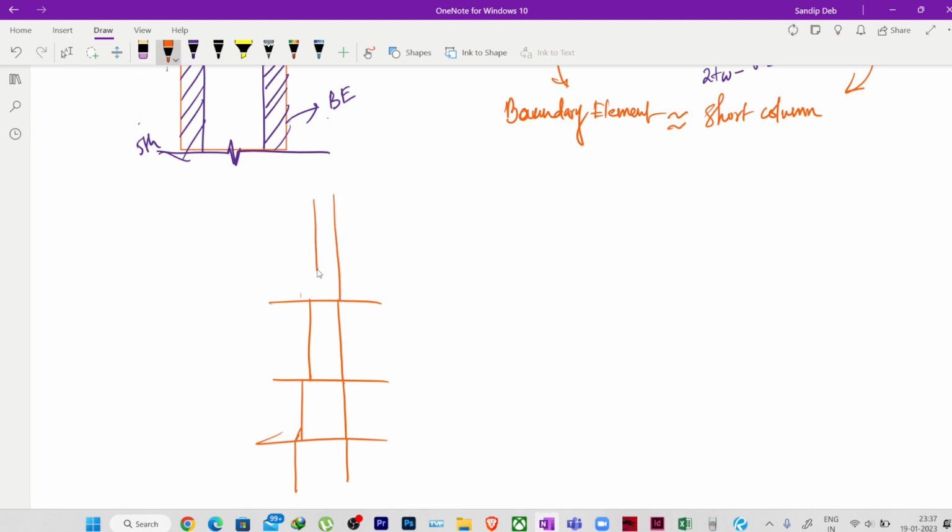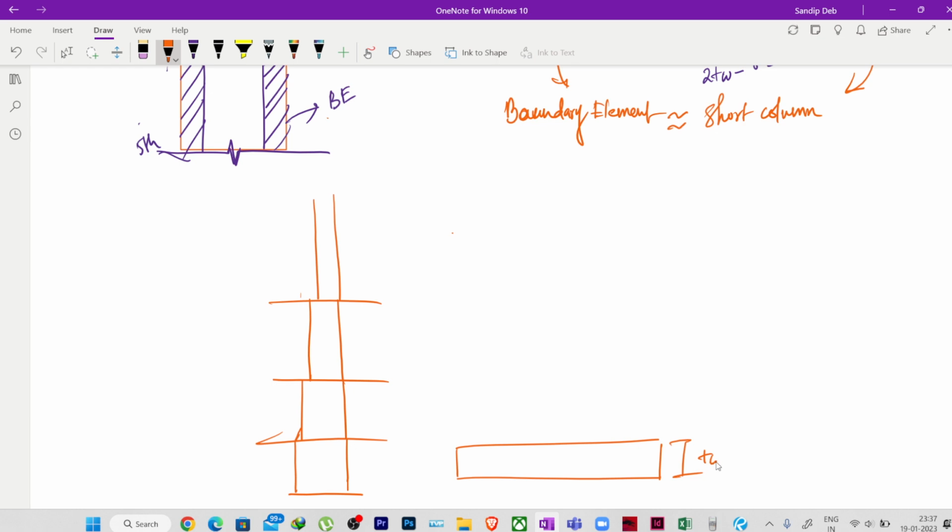What we have done, we have reduced the column dimension, as per the moment capacity requirement. Same for the shear wall. Suppose we have a shear wall with boundary elements or a shear wall without boundary elements, maybe at a certain floor the shear wall thickness